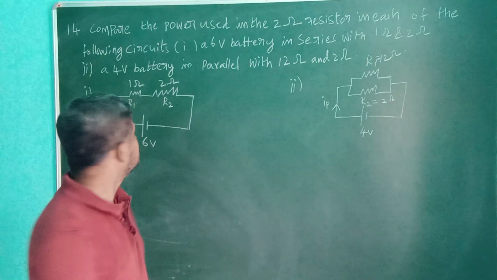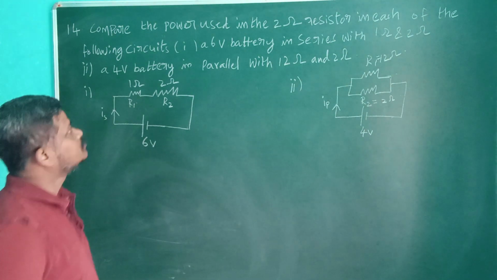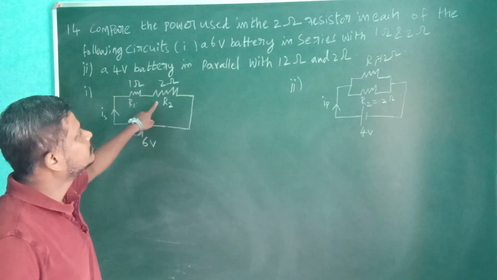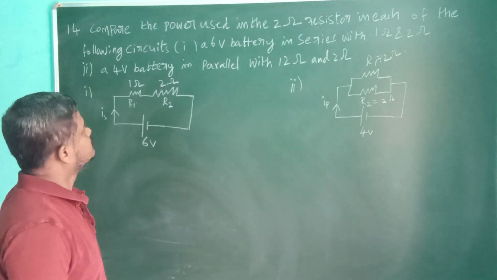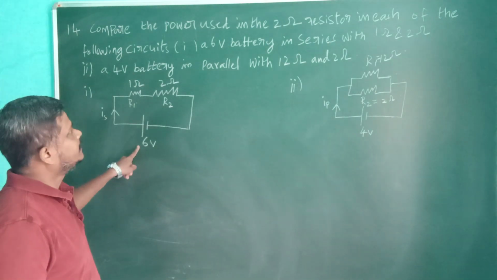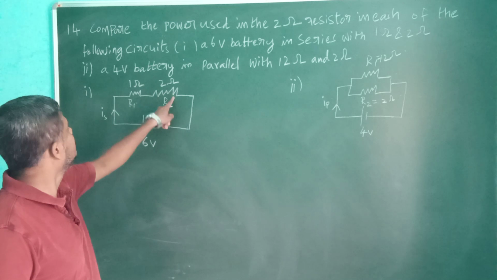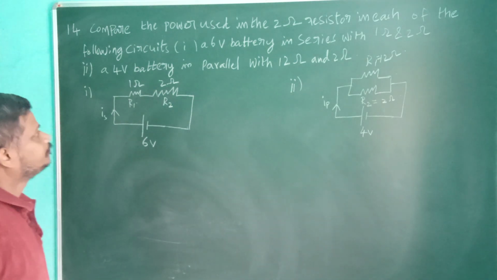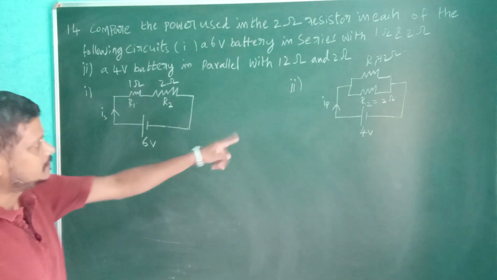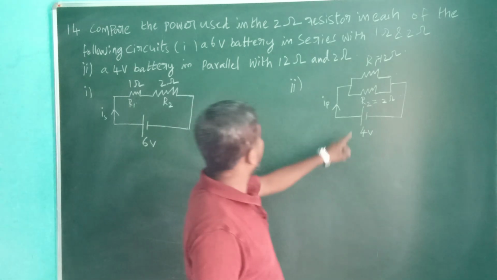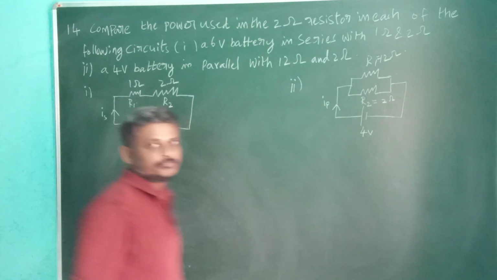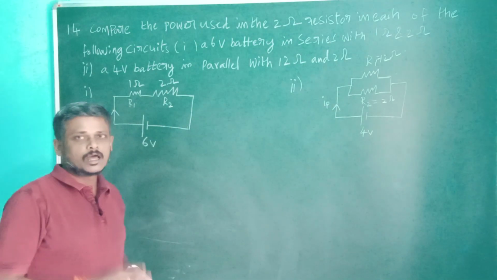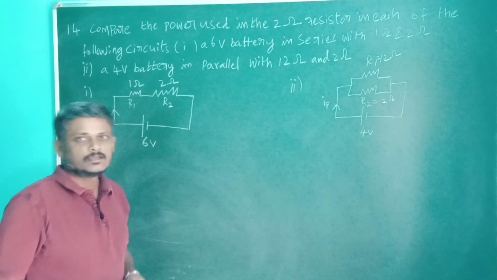The next question is, compare the power used in the 2 ohm resistor in each of the following circuits. A 6 volt battery in series with 1 ohm and 2 ohm, and the second one is a 4 volt battery in parallel with 12 ohm and 2 ohm. This problem can be solved in two ways. First method is